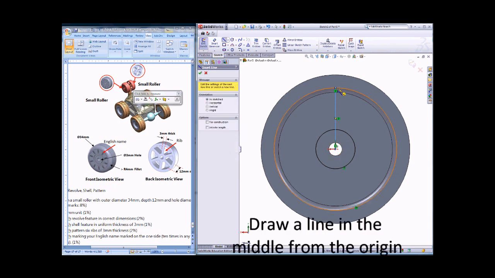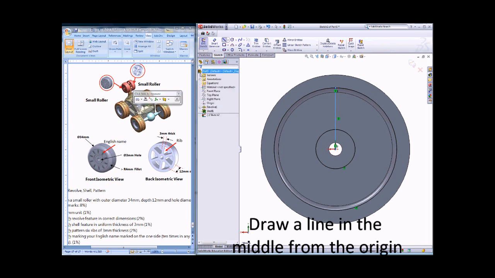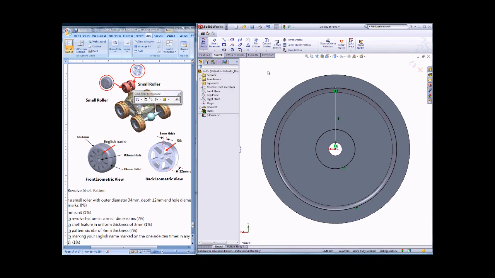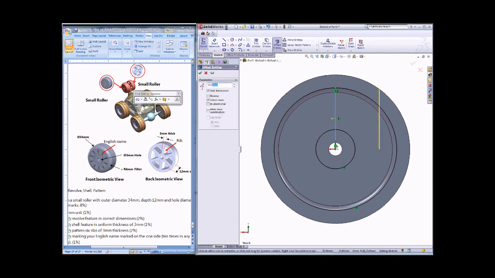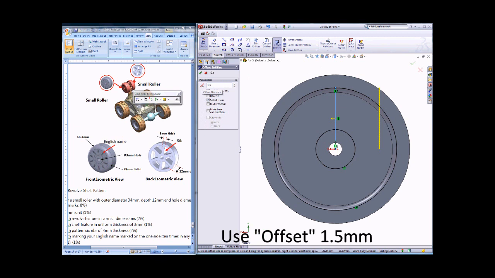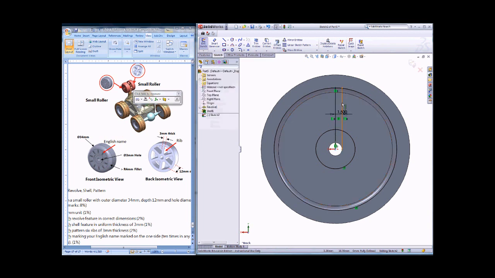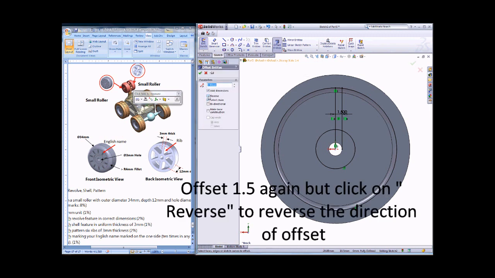And then when you draw the line, you can click into that point for the quadrant, because QUA, I think you learned it in your AutoCAD before. So we can use offset to offset 1.5, because the ribs are 3 millimeters thick. So you can use 1.5, enter to make 1, and then you can offset again 1.5, reverse the direction, because